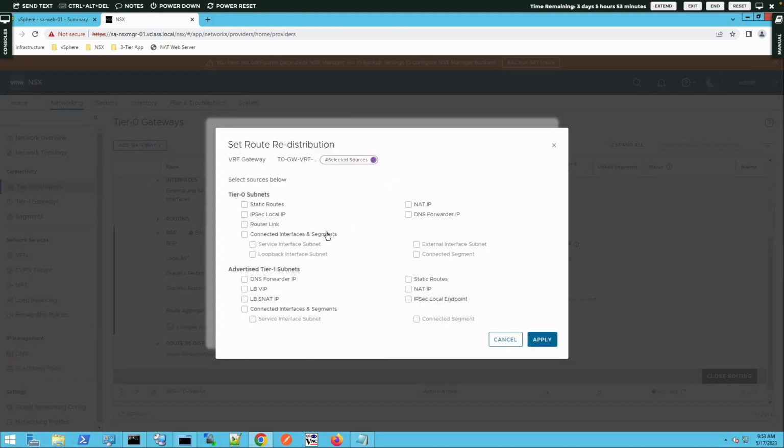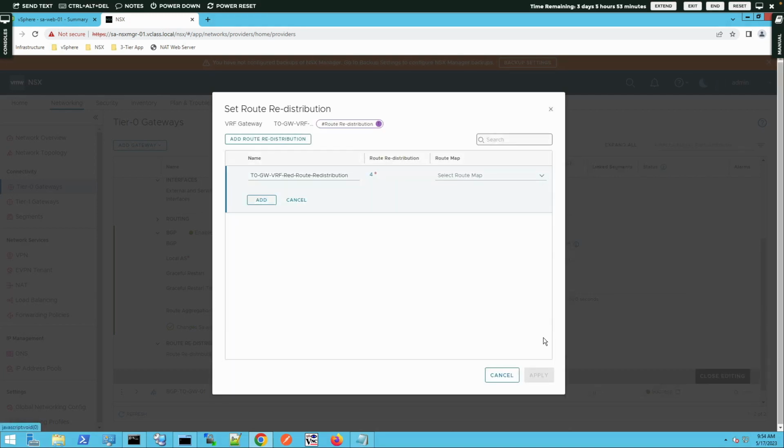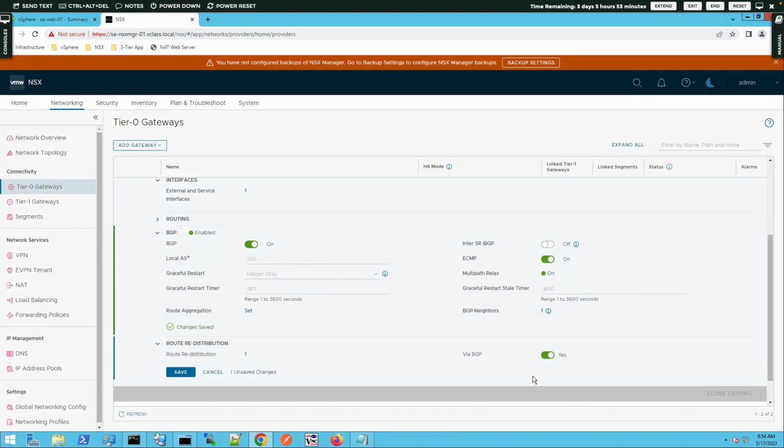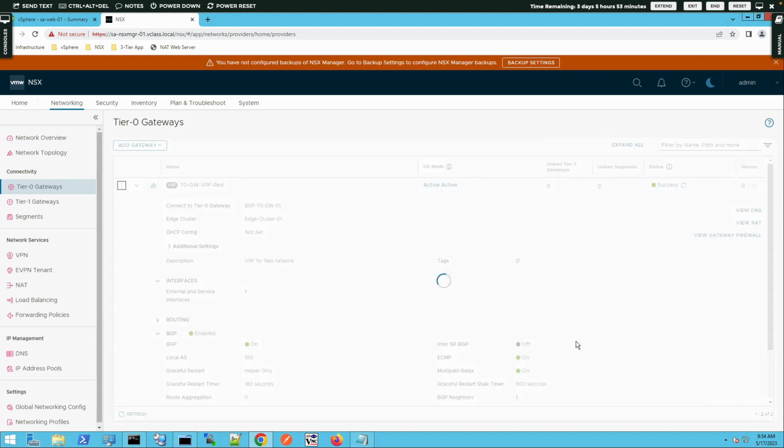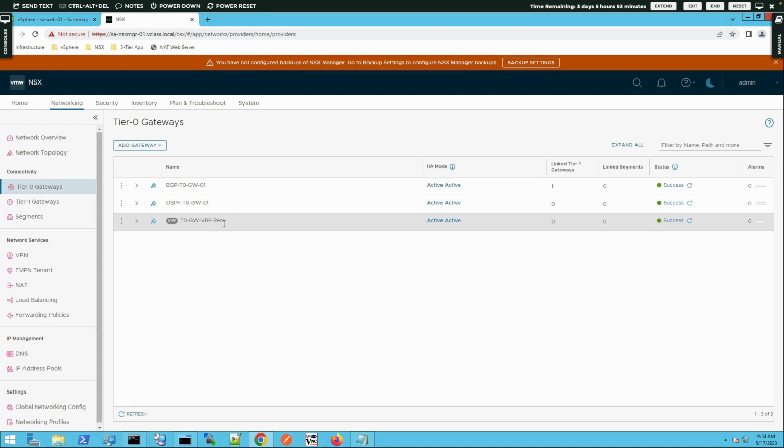And what do we want to do? We want to do static routes and connected interfaces for both T0 and T1. Right, just kind of doing a little bit of planning ahead here. And we'll go ahead and add that. And we'll apply here. Make sure this says we're going to redistribute via BGP, and we'll go ahead and save that configuration. Right. Now we're going to close editing. So that sets up our VRF T0 GW VRF red. Right. We can see it's a VRF by the little VRF badge on the name,